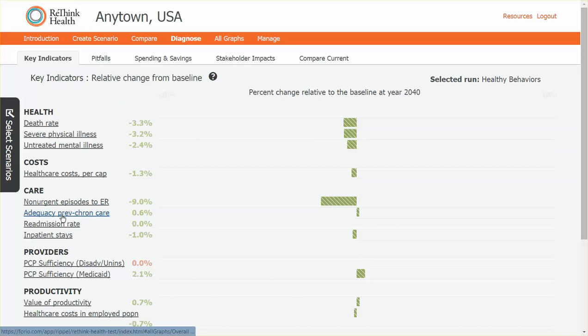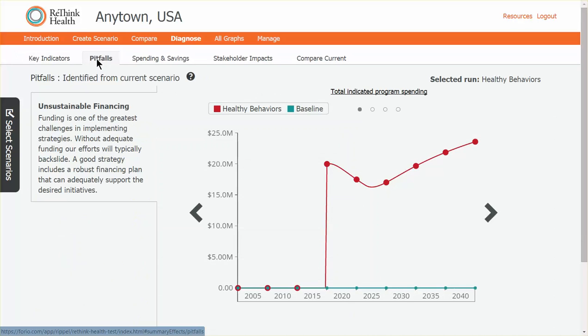We also have the Pitfalls tab, which is a very good place to start when trying to understand what can be done to improve your proposal. This provides a summary of some of the pitfalls inherent in your scenario. In this example, we see that there is an issue with unsustainable financing. Enabling healthier behaviors is shown to require an investment of between $15 and $25 million each year throughout the simulation